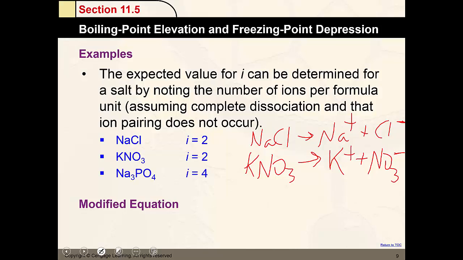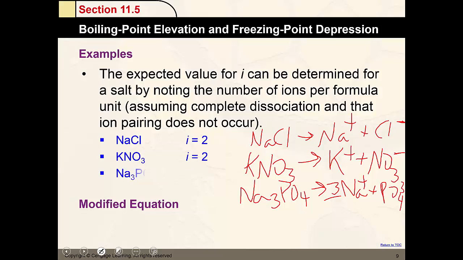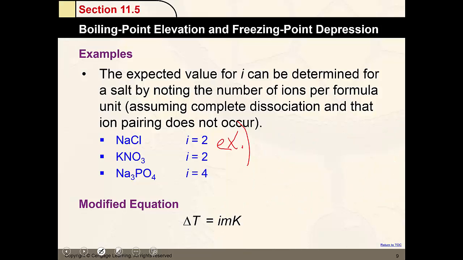However, something like Na3PO4, when that dissociates, when that breaks apart, it breaks apart into 3 sodium ions and 1 phosphate ion. So that means it breaks apart into 4 different ions. So the Van't Hoff factor is 4. So we include that i, we include the Van't Hoff factor in each equation. So both for boiling point and freezing point, you have to make sure you multiply by i if you're working with an electrolyte solution. So for example, let's say you have a 0.57 molal